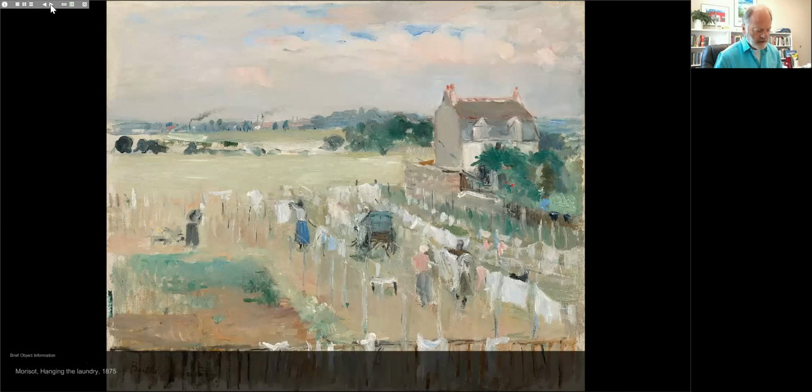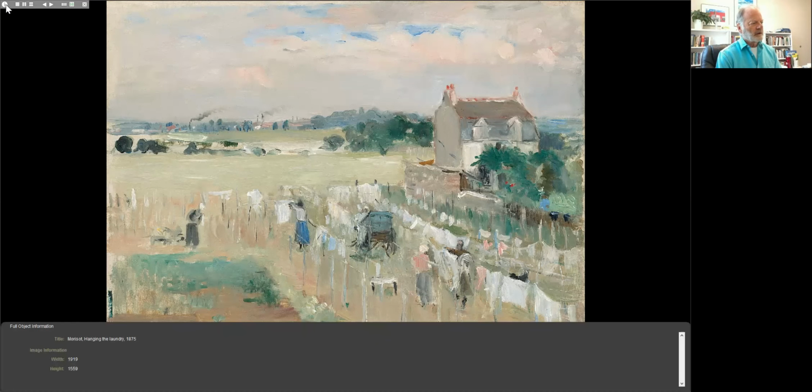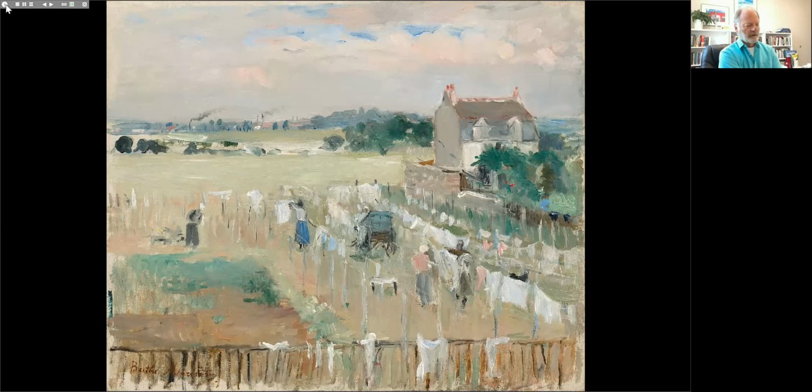Here, a painting entitled Hanging the Laundry from 1875. Now, it might be somewhat surprising for you to learn that of all the Impressionists, Morisot's brushwork was perhaps the most free, the most sketchy. This was criticized by critics quite often, and even labeled a feminine trait, the implication that she lacked the discipline that men were expected to acquire in professional training.